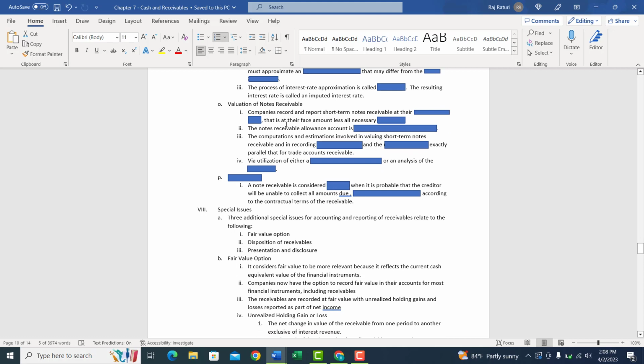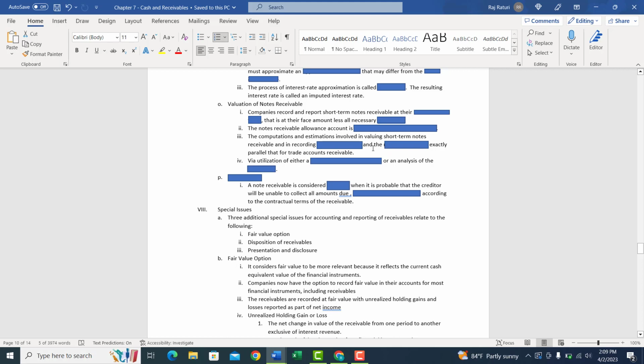Okay, so valuation of notes receivable. Companies record and report short-term notes receivable at their net realizable value. That is their fair value minus all necessary allowances. The note receivable allowance account is allowance for doubtful accounts, like we did before. The computations and estimations involved in valuing short-term notes receivable and in recording bad debt expense and the allowance account